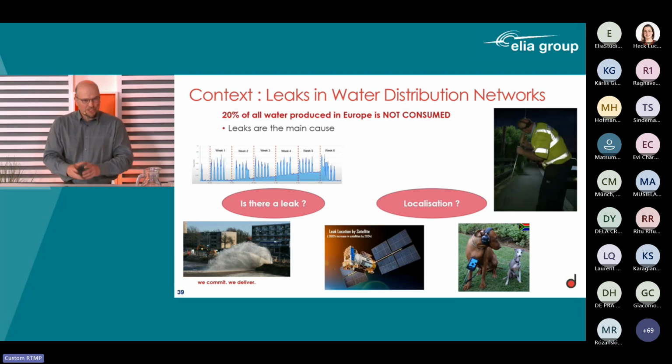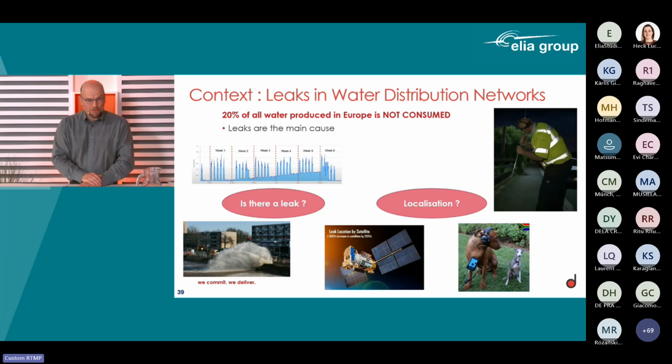And here I have some images to give you some idea what could be helpful to detect where the leak is. On the left bottom of the page, it is very clear where the leak is. You don't have to be a data scientist to see that. You can just go to that. But most of the time, the leaks are very small or increase very slowly, and it's more difficult to detect. So at the right side at the top, I found a very nice solution for that.